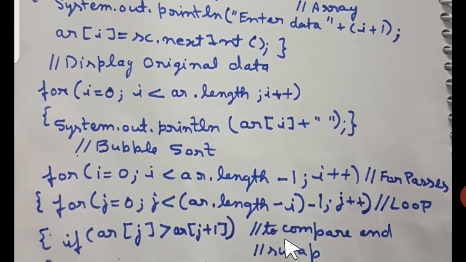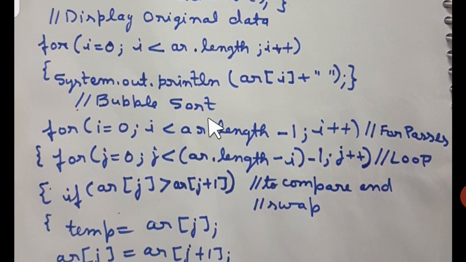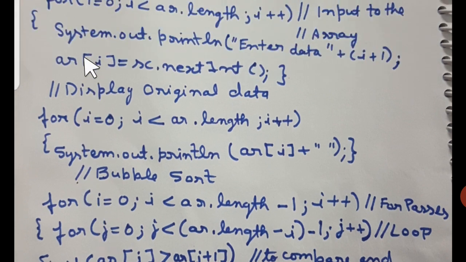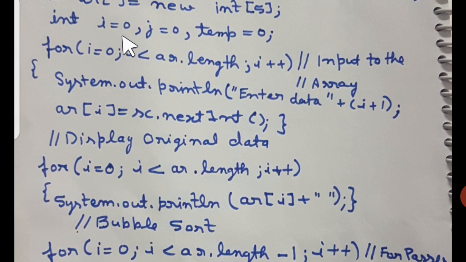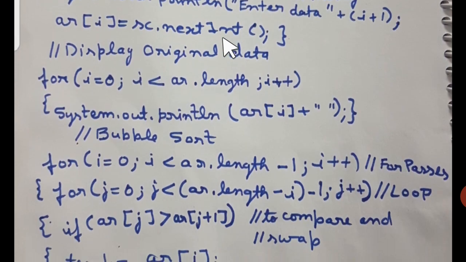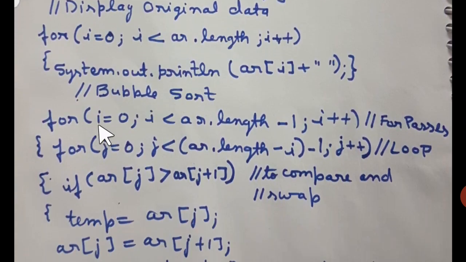Now we start with the bubble sort. So students, as I've told you, I already explained all the components separately. So this is the loop for passes, and inside that a curly brace is there. Notice I have not written any int here, any int there, because I have already declared i, j and temp here. So no need to redeclare them. So students, here you will find for i equal to 0, i assignment operator 0, then i less than ar dot length minus 1.